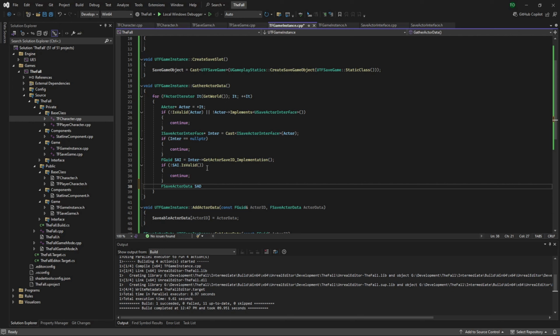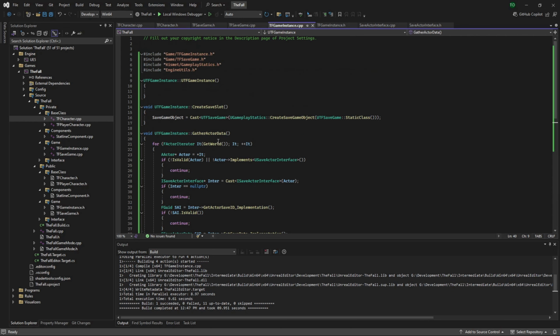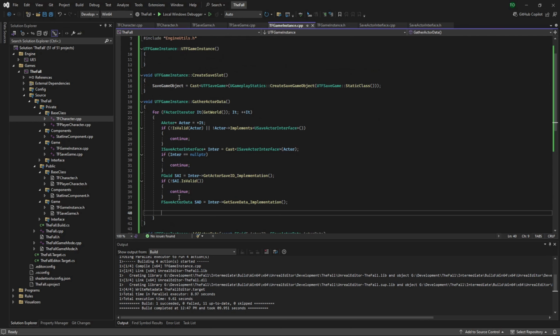And that is actually going to be equals enter get save data implementation. Now this is where, as I mentioned in the last episode, we're following that tutorial from Tom Looman. This one is where we're going to start populating that byte data. And the reason we're doing it here instead of within the